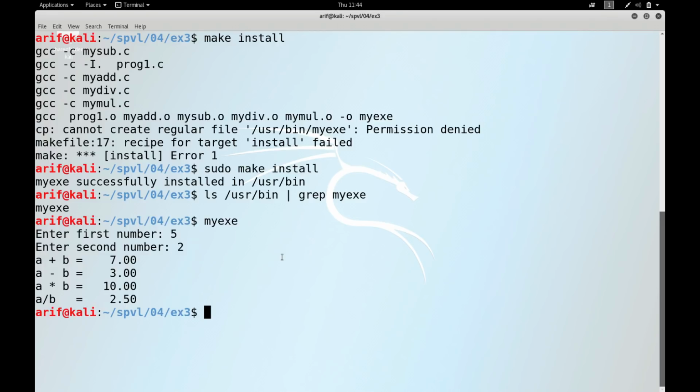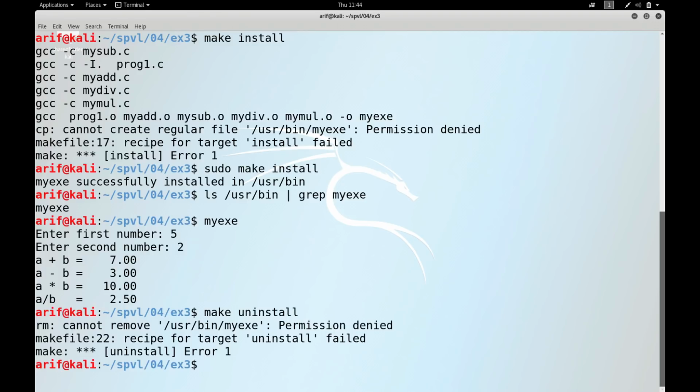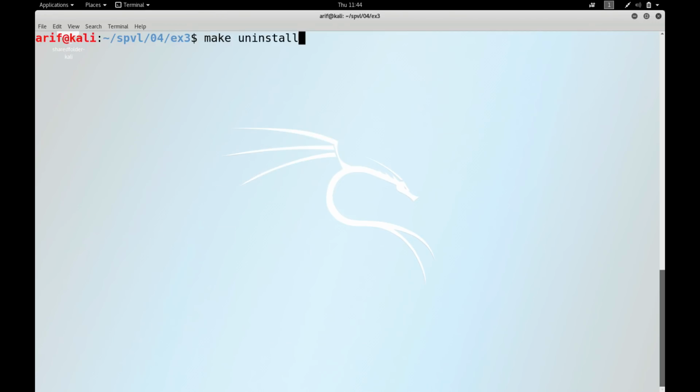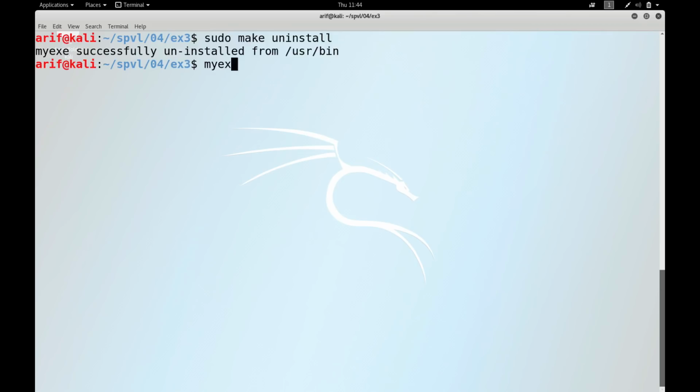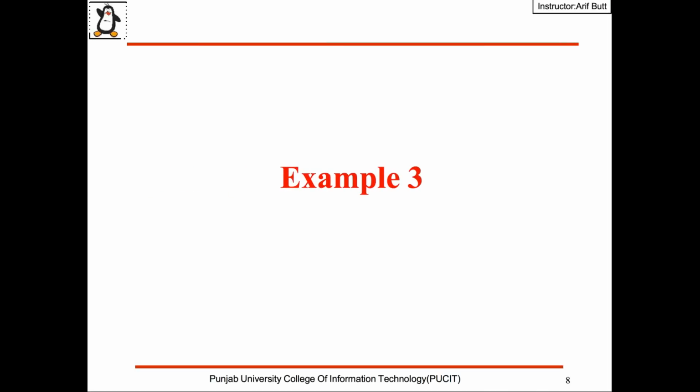Okay, so let me uninstall it, make uninstall. It again says that you are not allowed to do an uninstallation. Let me be sudo for this. And now let me do myexe. It will say no such file or directory. Okay, dear students, so this is all about the basics of Make. Let me move back to the slides